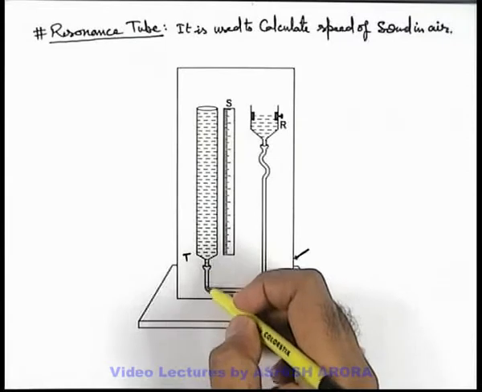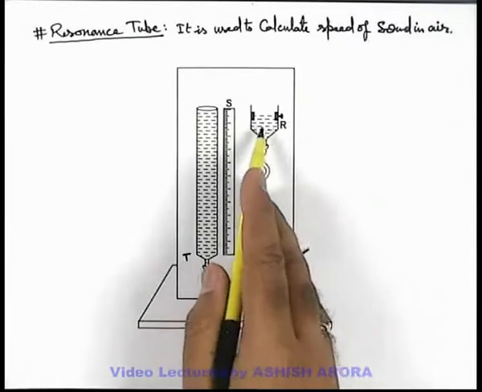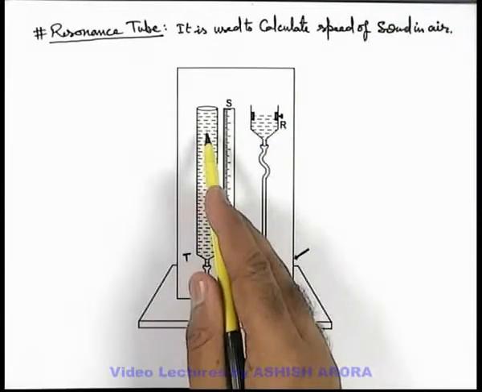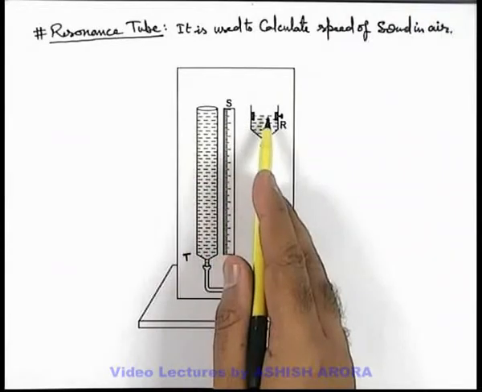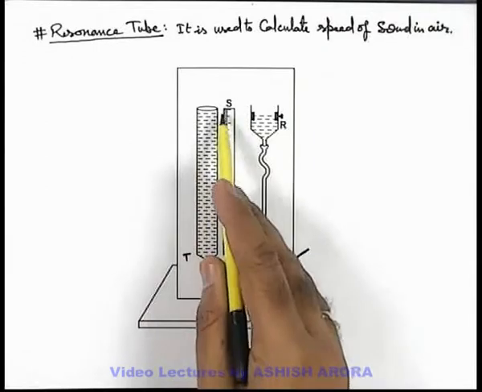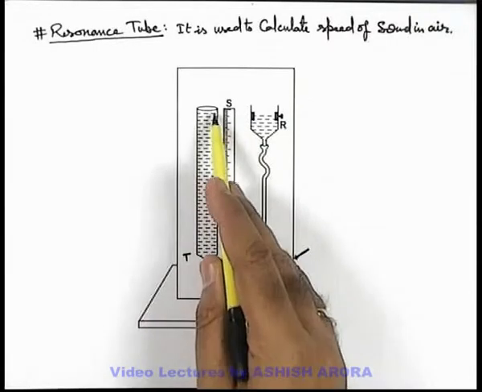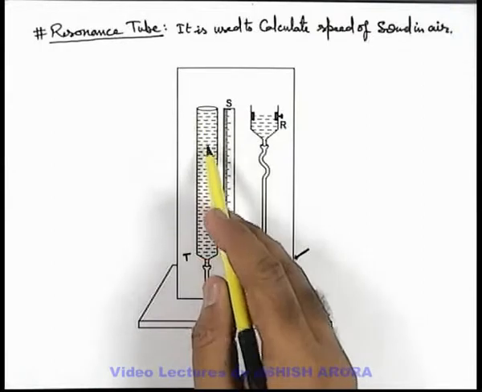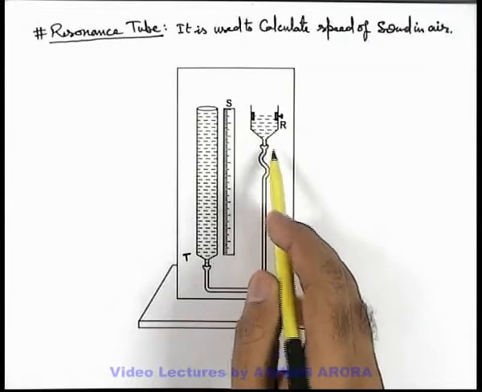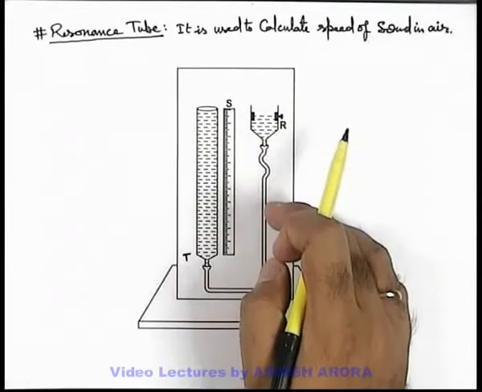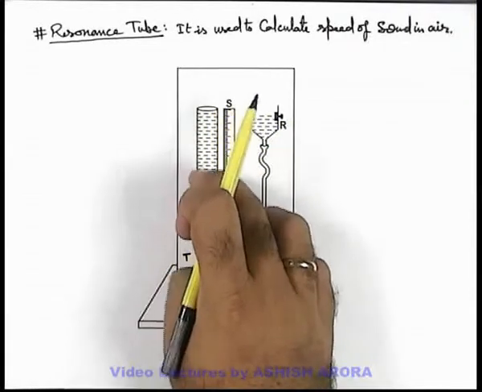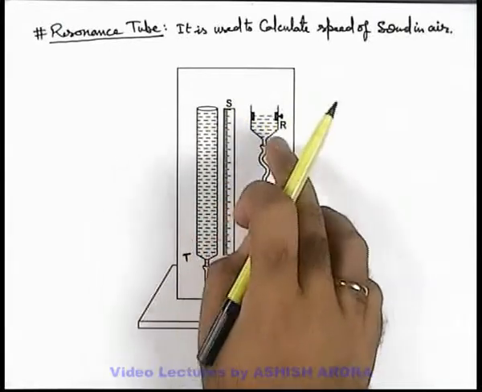At the bottom there is a narrow rubber tube connected with a reservoir R. Obviously, as the two are connected, water level in reservoir and the tube will always be same. And to measure the water level, there is a fitted scale S, on which we can measure the reading of the length of air column when the level of water is lowered by lowering the reservoir. There is a mechanism by which we can lower down the reservoir level or we can raise it up. Correspondingly, the water level in tube also will go down or raised up along with the reservoir.